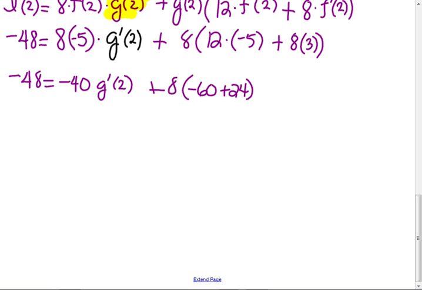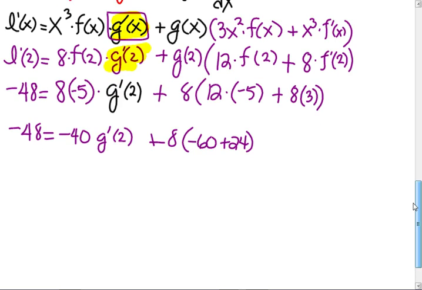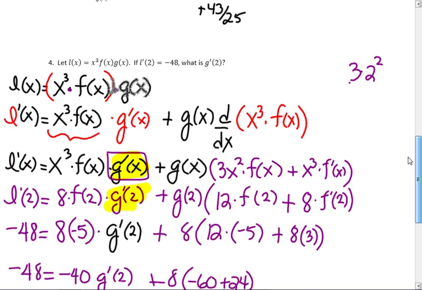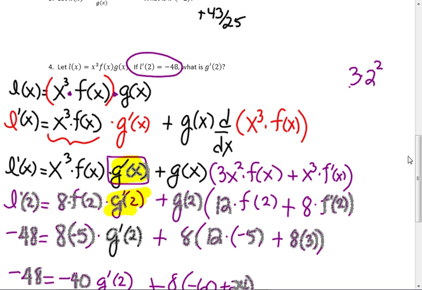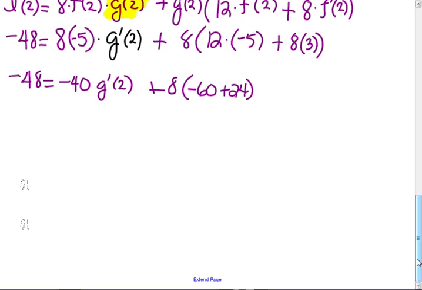Where did I get negative 48? It gave it to me right in the very beginning. Because I'm sure there's somebody else going to have a question on that. There it is, right there. And then we just have to do arithmetic. So it's negative 48 equals negative 40 g prime